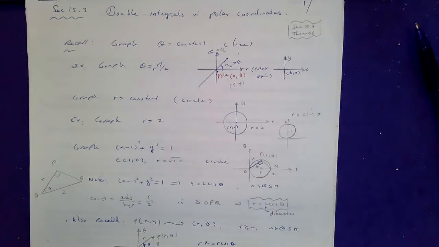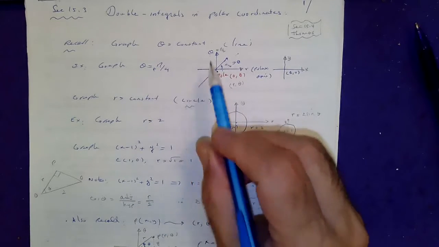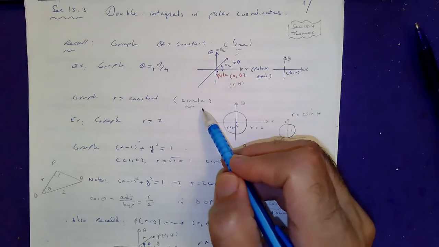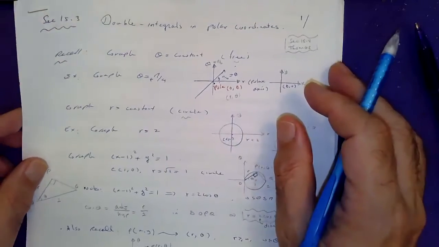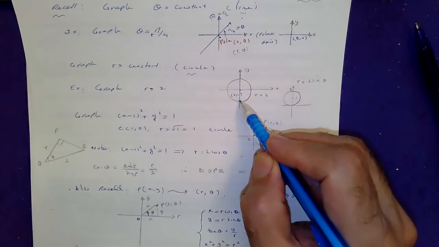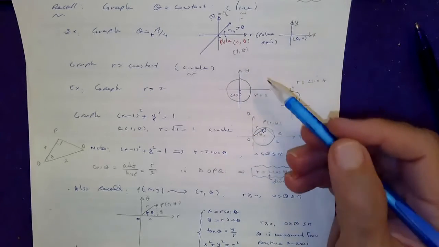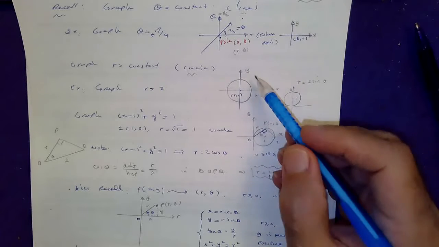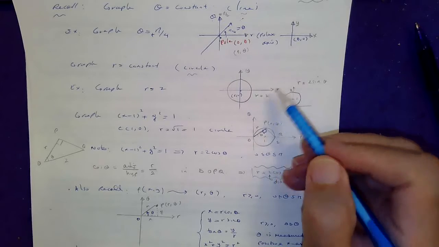All right. So if r is equal to a constant, then the graph is a circle. Theta equal to a constant, the graph is a line. R equal to a constant, the graph is a circle. Like if you asked me to graph r equal to 2 in polar coordinates, that would be a circle with center at 0, 0 or 0 theta, it doesn't matter whether you're in Cartesian or polar, and radius 2. However, the problem arises when